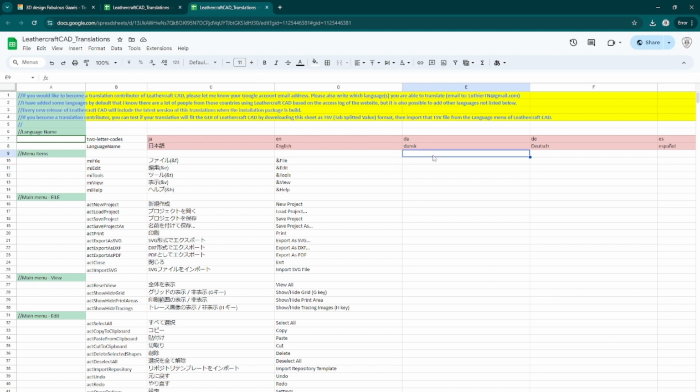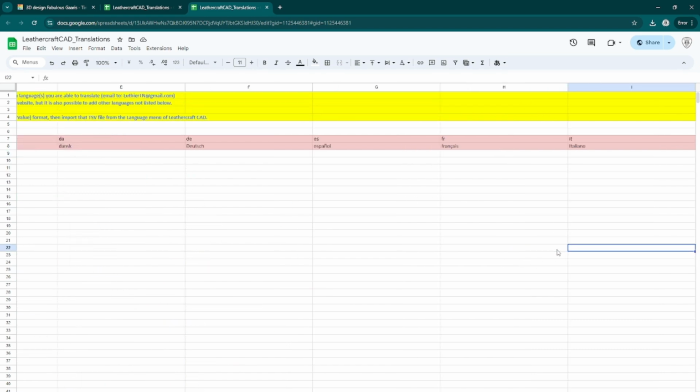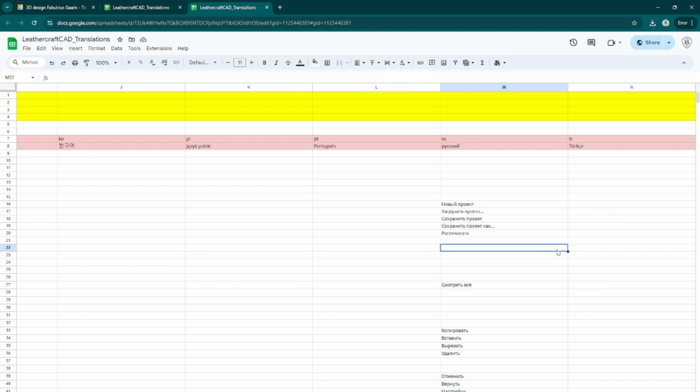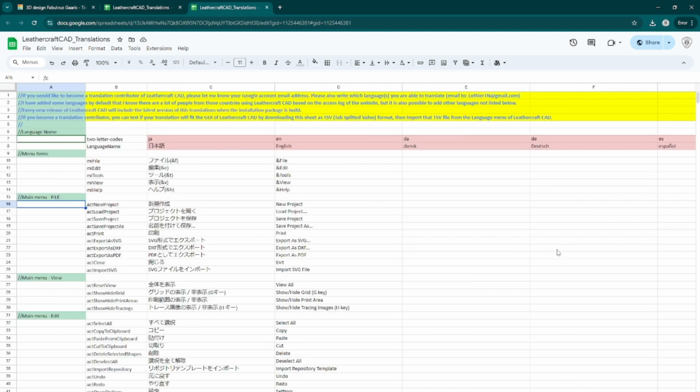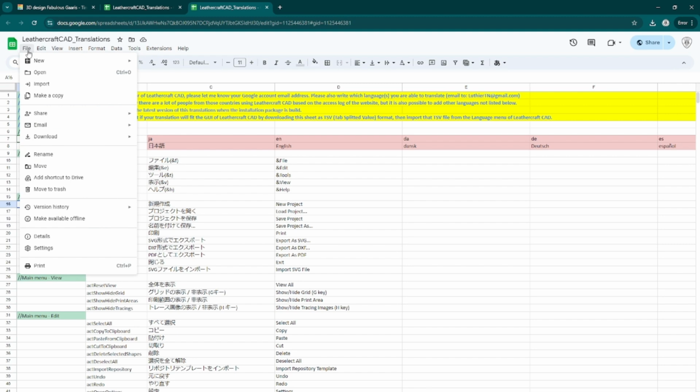So once you translate it, like I do have some translation, like Russian. There's already a Russian contributor, and I got some translation from him. What you can do is export, or save, I believe, or download.